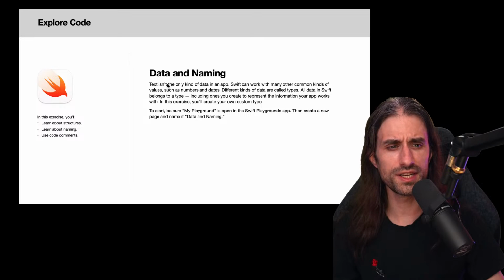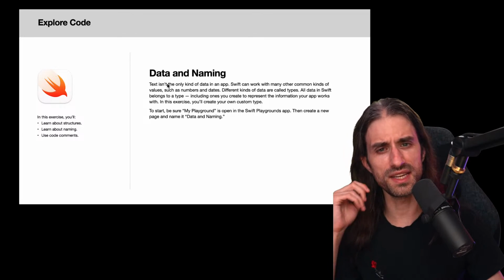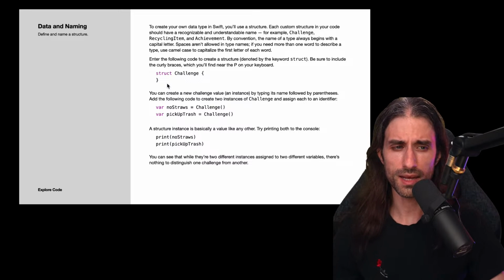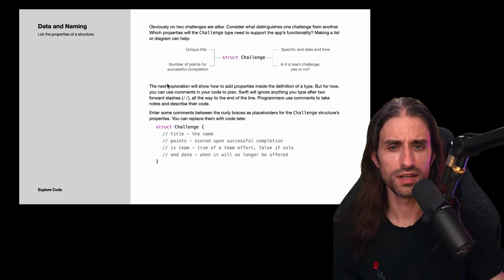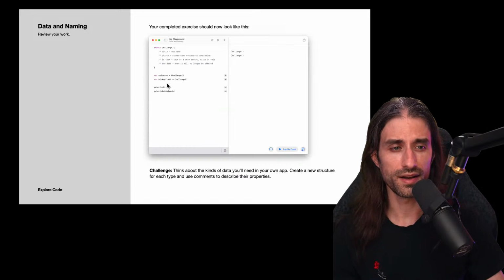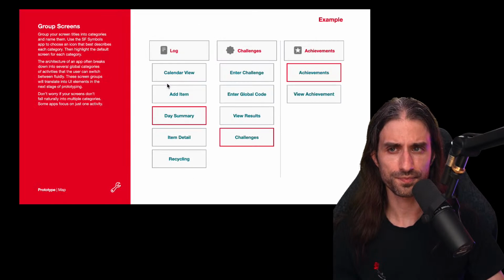There is a bit of a coding part also about data and naming. What do they say here? So they talk about how to handle basic data types using struct in Swift. So that's good because they give insight on how a data model is implemented. Once again, that will help you know what is easy and hard when designing features.